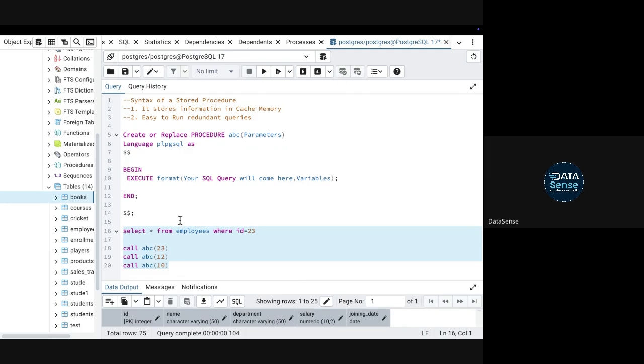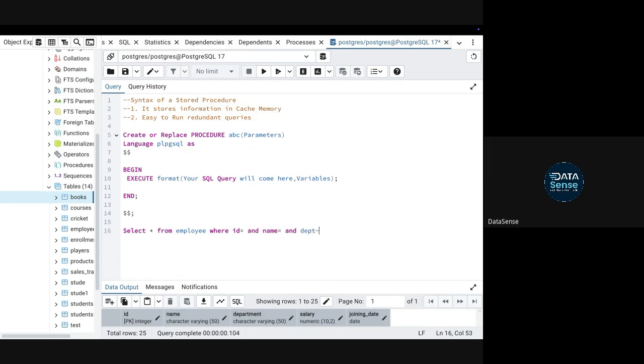Anyone, any doubt? If we give multiple parameters, do we need to call every time? So you need to decide. For example, suppose you have a query like this: select star from employee where ID equal to, and name equal to, and department equal to.